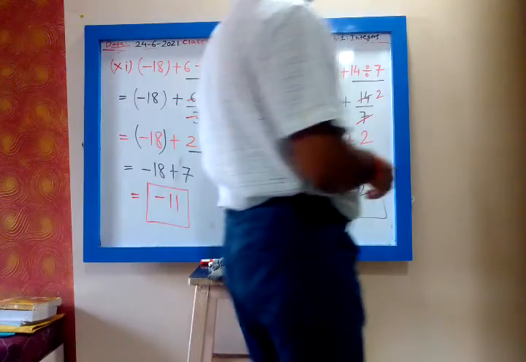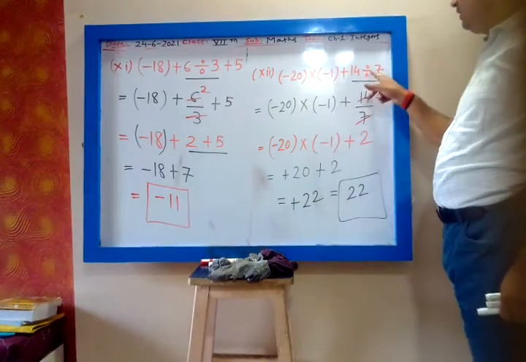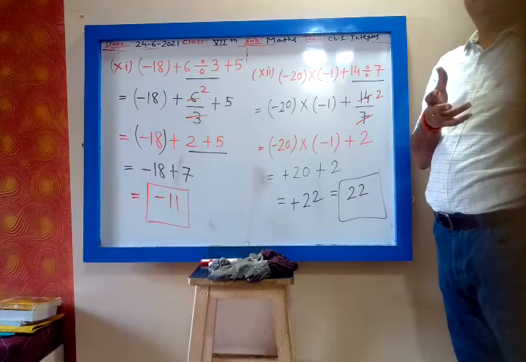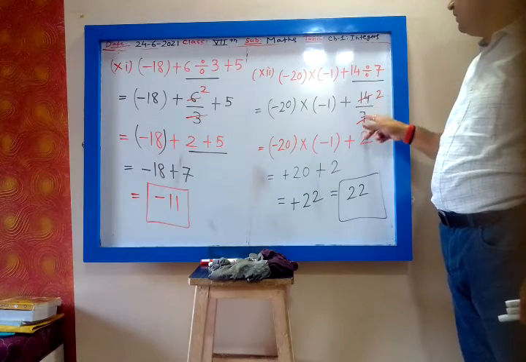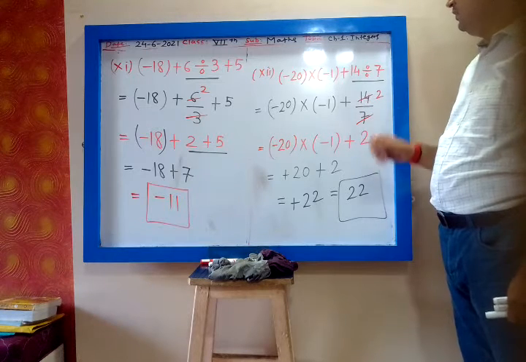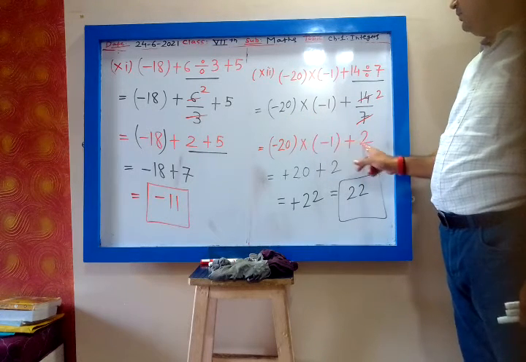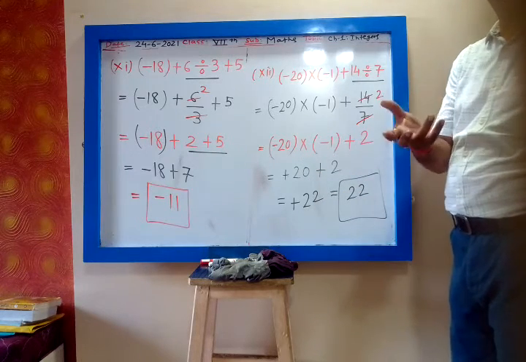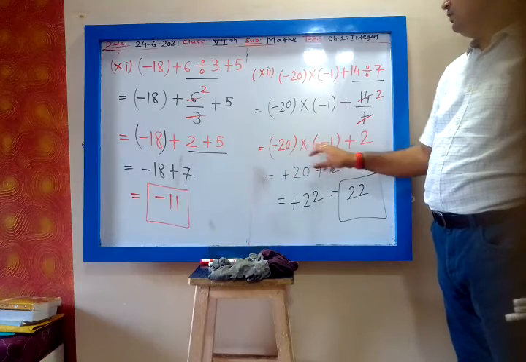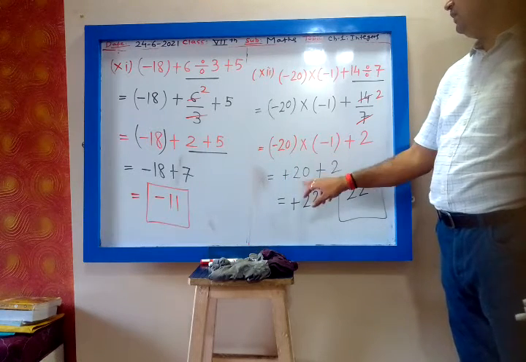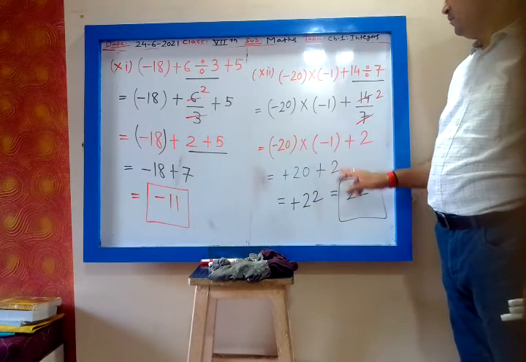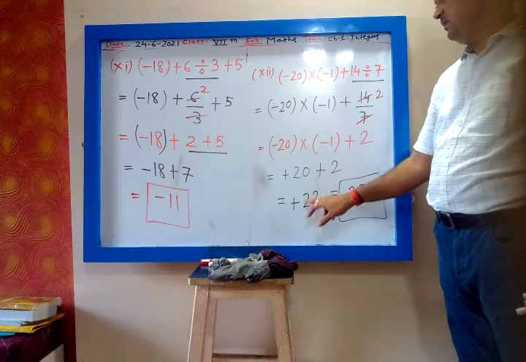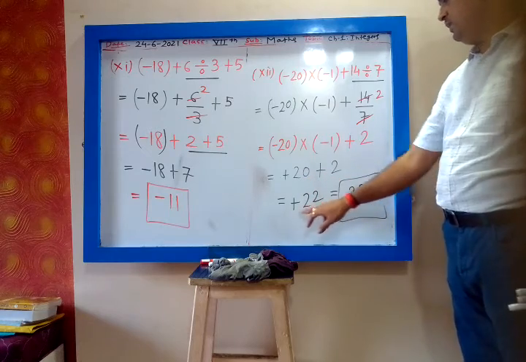So in this question there was multiplication and there was division. Which is performed first? Division. So 14 divided by 7, A divided by B, I can write A upon B, 14 upon 7. Then you can cancel, 7 2s are 14. So minus 20 into minus 1 plus 2. Now you have plus sign and you have multiplication sign. According to BODMAS, which is performed first? Multiplication. So minus into minus plus, 20 into 1 is 20. So we write plus 20. Then plus 2. Now both have same sign, plus plus. So sign will be plus, 20 plus 2, 22. Plus 22 is same as 22.